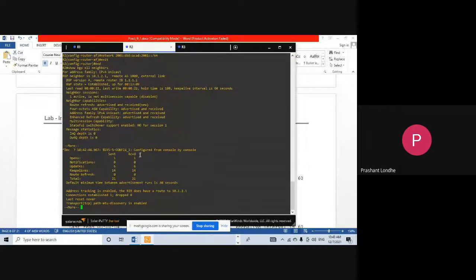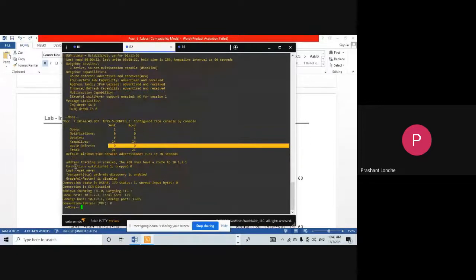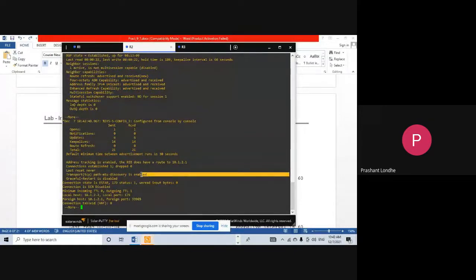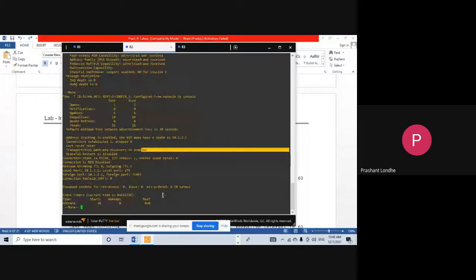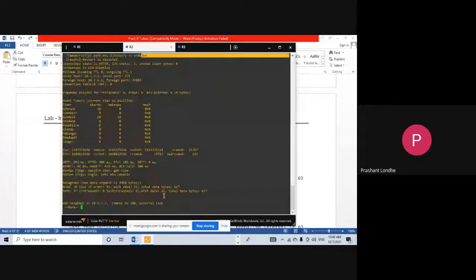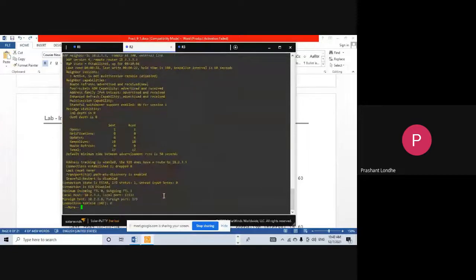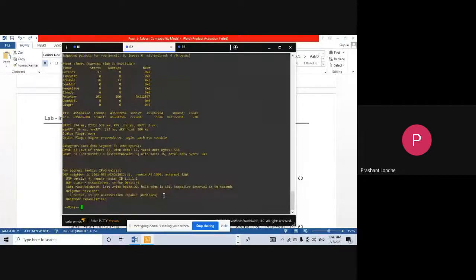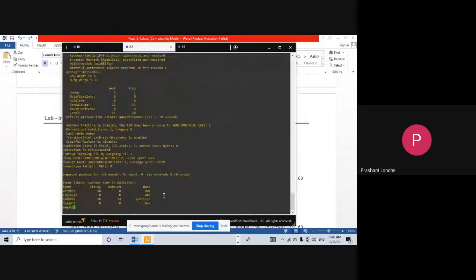The send and receive is 100%, so we have connected successfully. You can check that TCP path MTU discovery is also enabled. Here we have detailed event times, and the data is displayed for each neighbor.